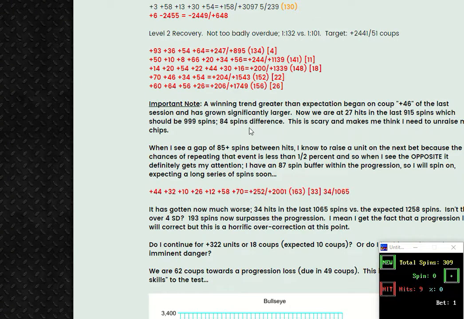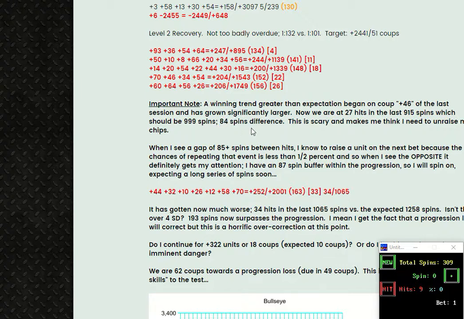This is a comment about the H to S ratio, the hits to spin ratio, and this is a short-term trend that I've noticed. 27 hits in the last 915 spins. That's the hits to spins ratio, HS ratio. You do the math, it should be 999 spins, but we only have 915. That's an 84 spin difference, so that raises some eyebrows. It's still less than the progression length, so a normal correction on this is generally 50%, so it's probably 42